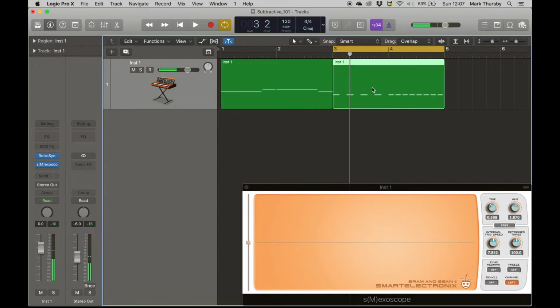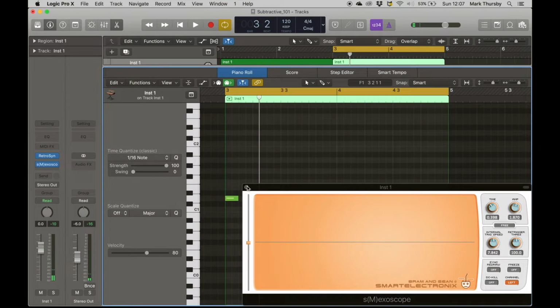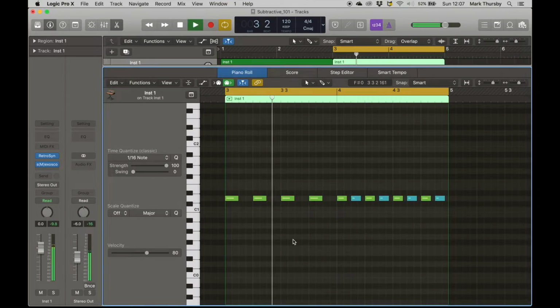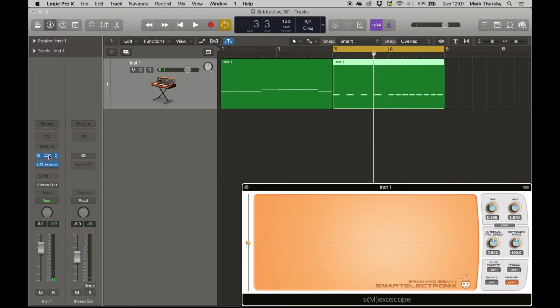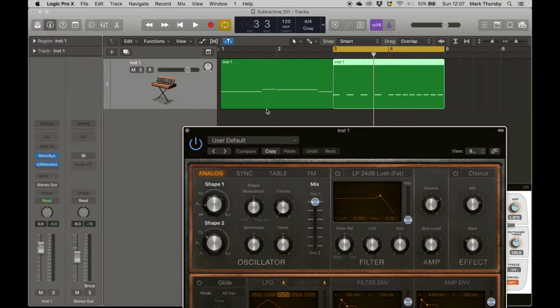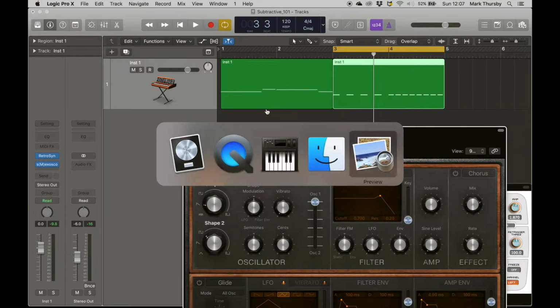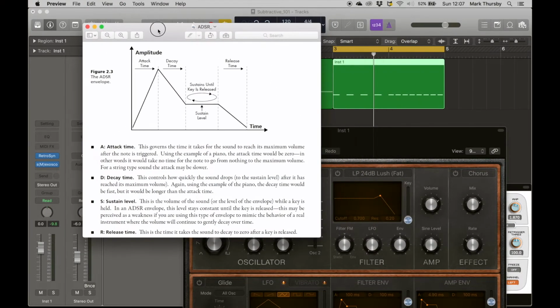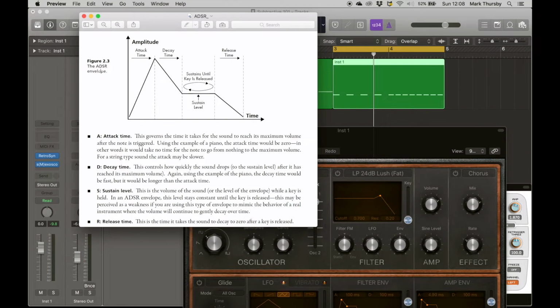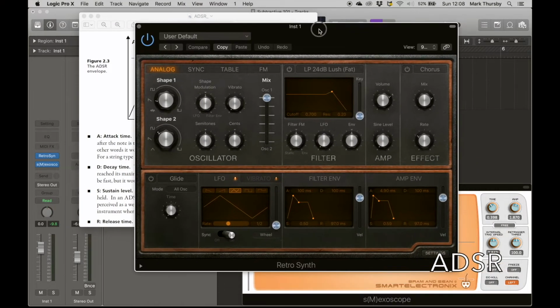And I have got myself a really simple bit of MIDI here, just one note. All right, so let's get our heads around this synth. We're going to have a look at envelopes, ADSR, and see what all this stuff means. Okay, we'll come back to that in a sec. So first things first, I have